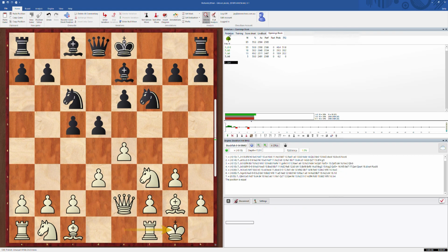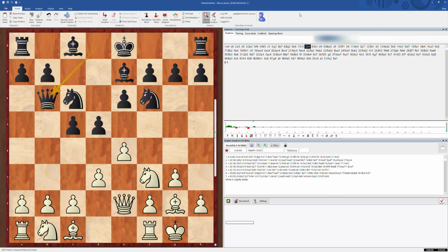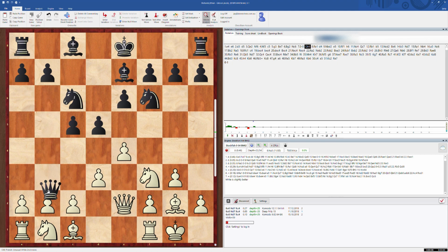Castles. And now this is where book ends. Queen B6 by black. So let's actually look at this position. Queen B6. I'm not sure if the queen wants to actually sit there. I mean, it looks like a decent spot, attacking B2 and putting it on this diagonal, stopping this bishop from developing. The reason I'm not too sure about this is because in these sorts of closed Sicilian positions, this King's